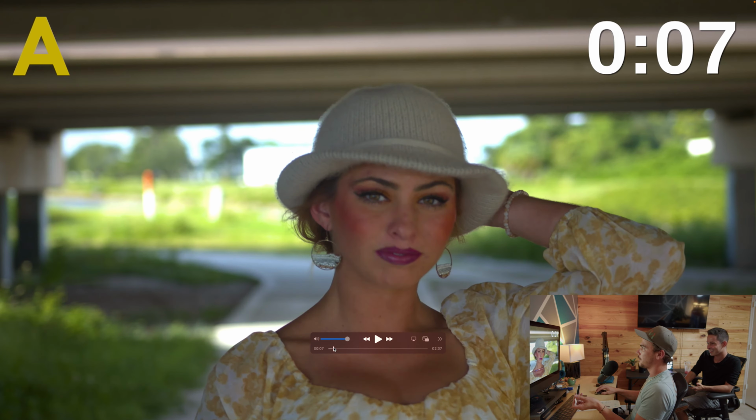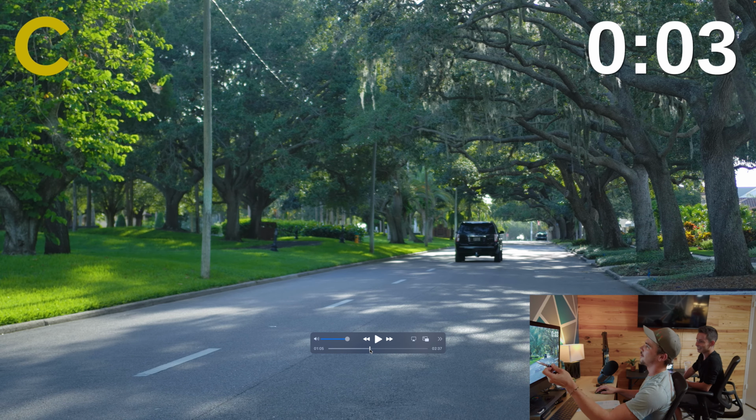Yeah. All right, next. Location 2. Maybe I'll get better with these as we go on. All right, so this one, GH4, I initially guessed C. These ones I remember were all similar as hell. So I'm thinking for the GH4 either A. If it's C, I don't know what's going on here with the lens. But there's a lot of dynamic range, so...